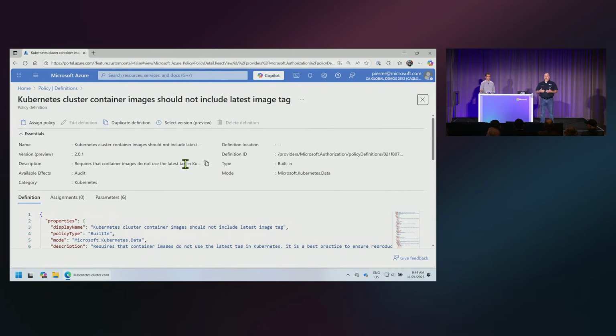So it doesn't wait for the system to be there before it warns or denies use of something. And in this one, it tells you that the container you're using should not be using the latest tag. And the latest tag is basically the last image you have in your repo. It doesn't matter whether or not it's been validated, it's the last time it's been checked and merged and is the complete image.